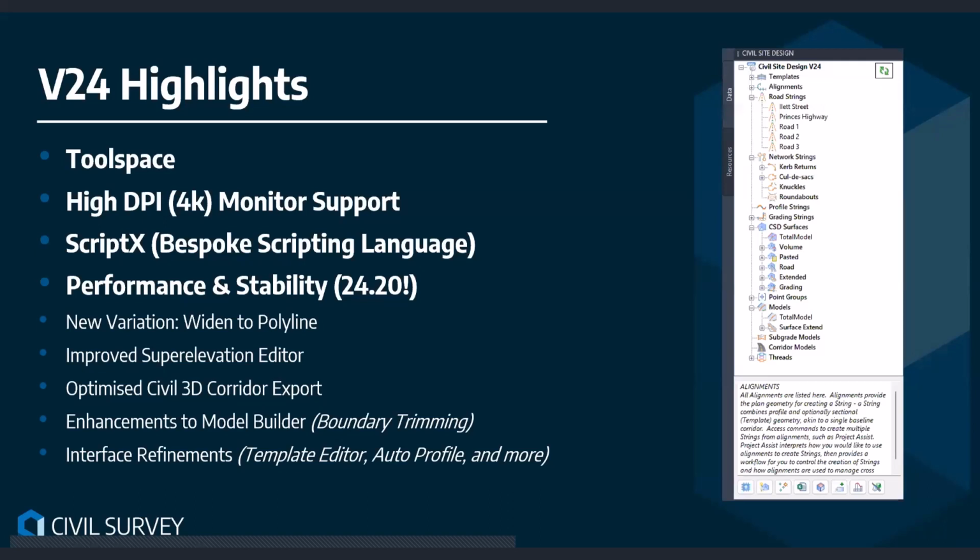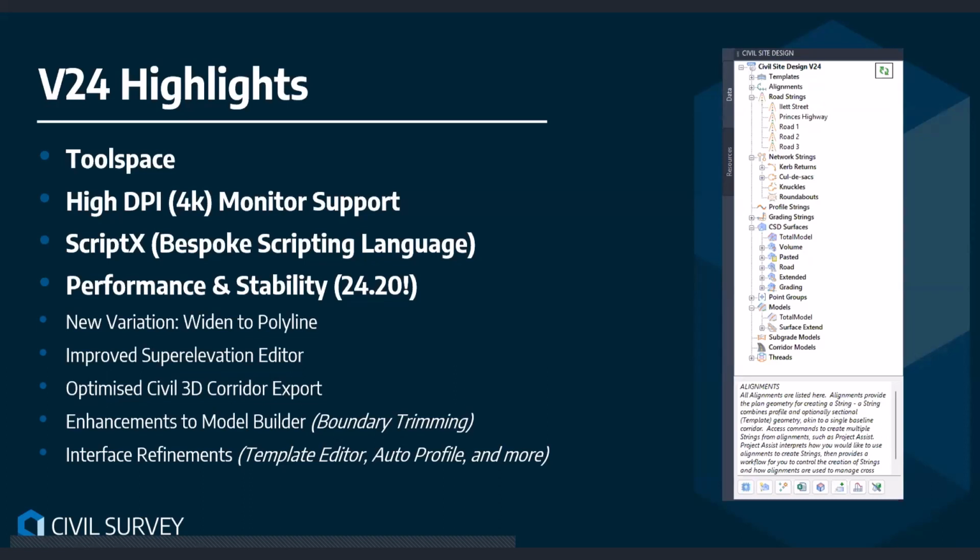Notably, in version 24.2, we revamped the design model update process, and we started to introduce multi-threading into the software. So the cross-section viewers are now running off different threads. So if you make a change to an IP in the VGE, the cross sections are updating on different cores, and